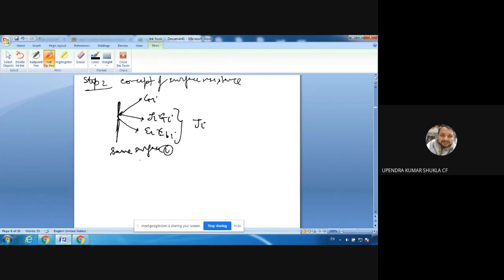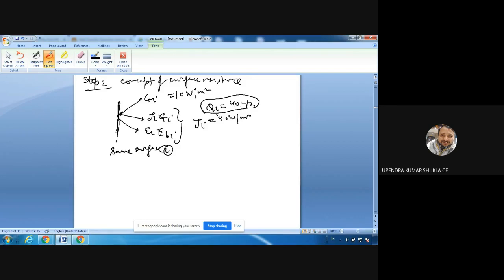Now, let's understand this. Suppose I give some numerical values to understand it better. Gi is equal to 10 watt per meter square, and Ji, let's say, is 40 watt per meter square. Now, what will be the Qi? Qi is the net radiation from this surface. So 40 minus 10. So that is the radiation coming out from the surface I, 40 minus 10.